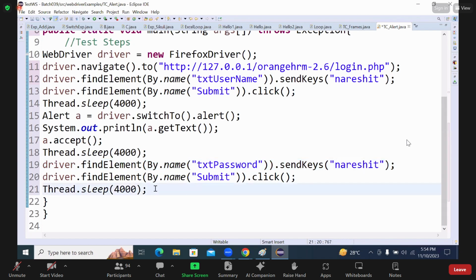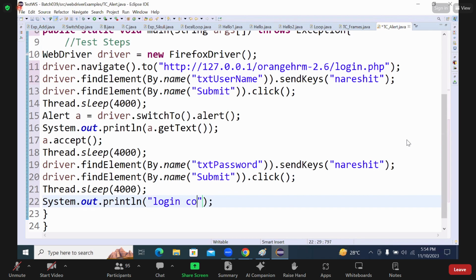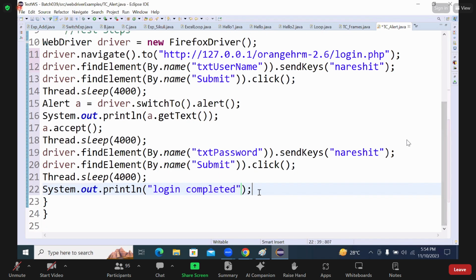Once we click the login button, we need to take care of printing the statement "login completed". Okay, so once that login is completed, we need to take care of